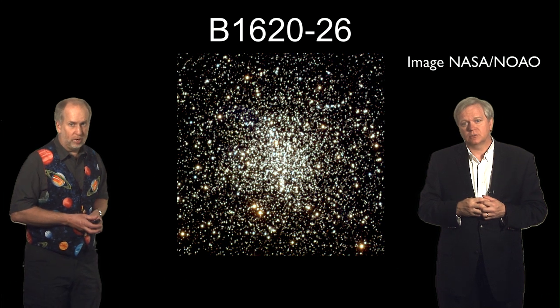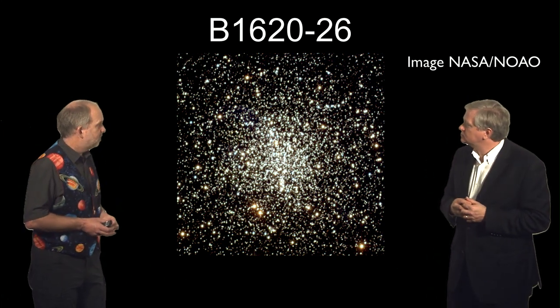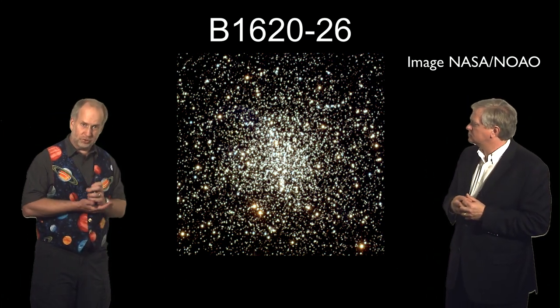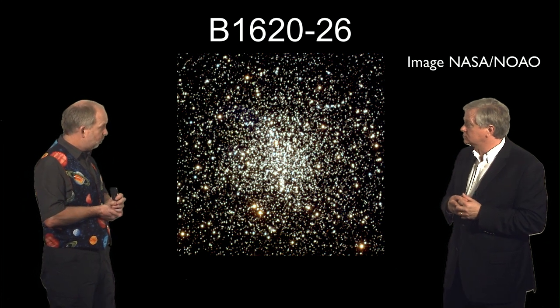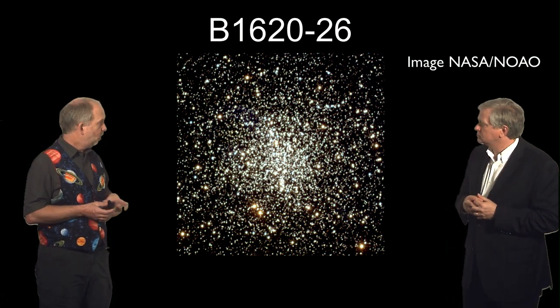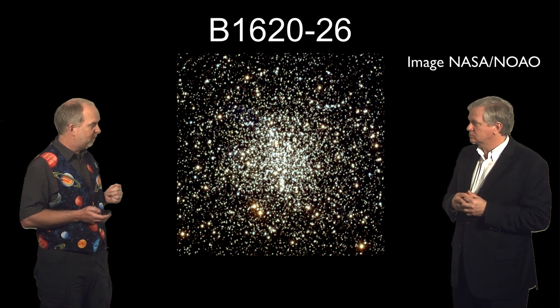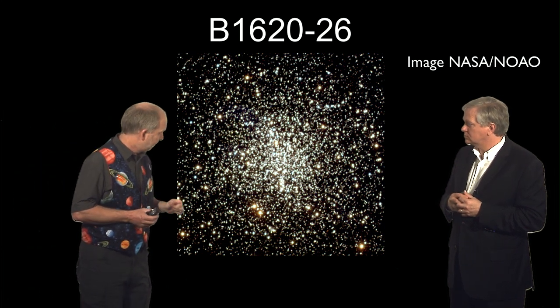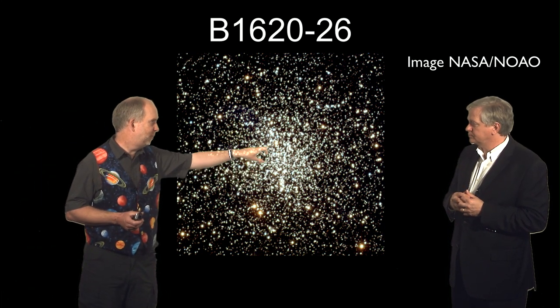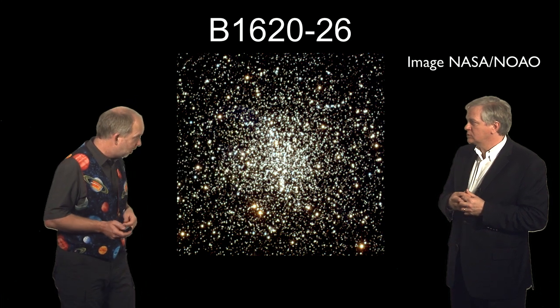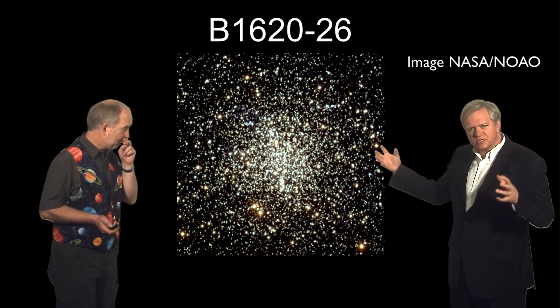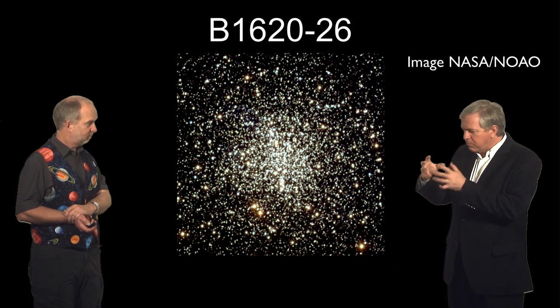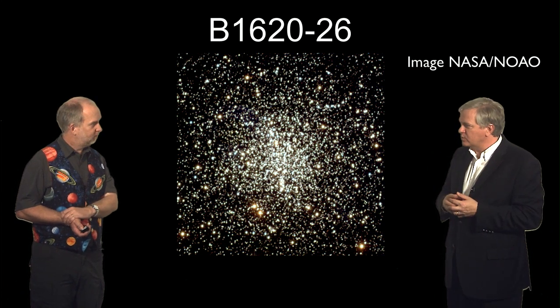Here's one that was discovered. It's around the pulsar B1620-26. And this pulsar is a bit different from the one we've been talking about so far because it's not in our own galaxy, but in the globular cluster M4, which orbits around. And this is an incredibly dense environment of close-packed, very old stars. So there's about 1 million stars packed into this little, fuzzy ball that we see up in the sky